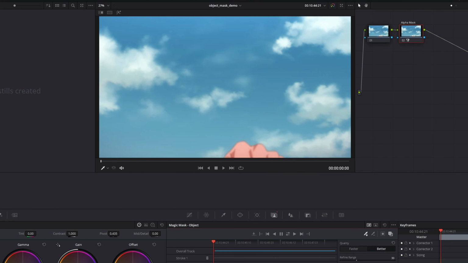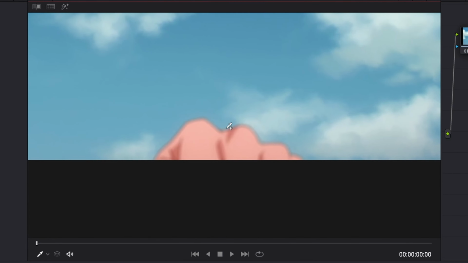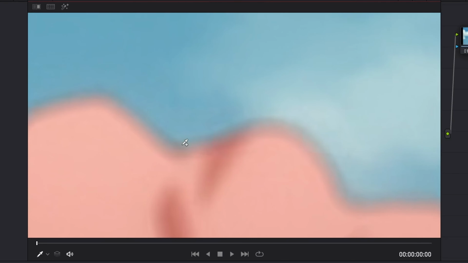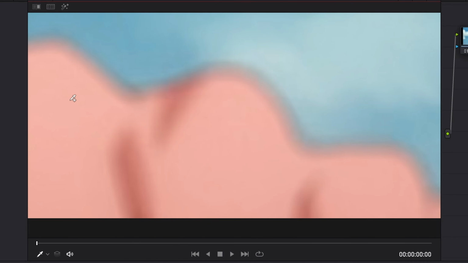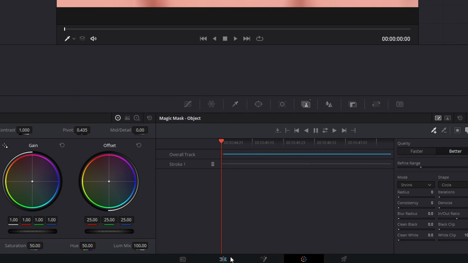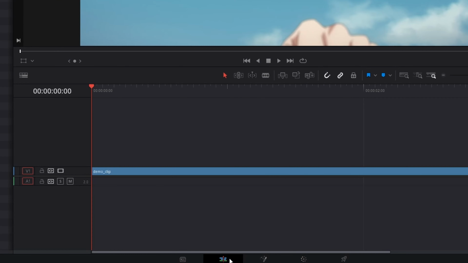And here's the mind-blowing part about this tool. If we zoom in here, in the clip, there is baked in motion blur of her hand moving into frame. It's to give smear lines to make it look fast. It blurs and feathers the mask to look more natural. That is something RotoBrush does not do. Now, let's jump over to our edit page and take a look at our result.